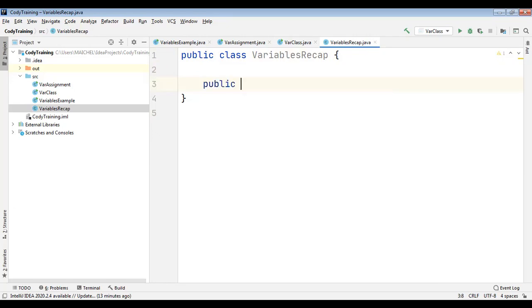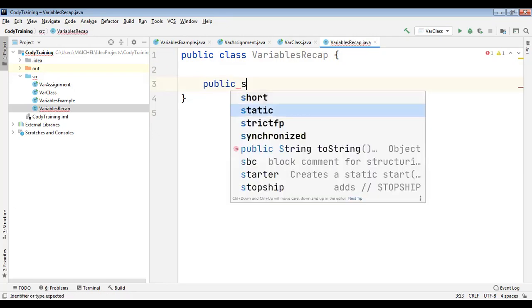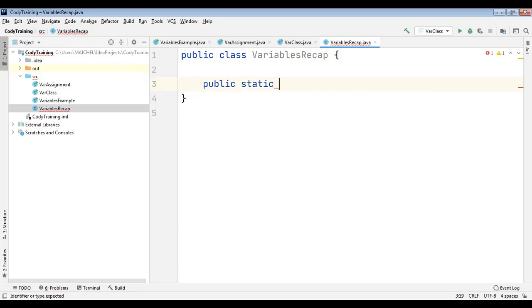Public static void main, two brackets, String, two angle brackets, args. Inside the brackets we put our method body. Okay,